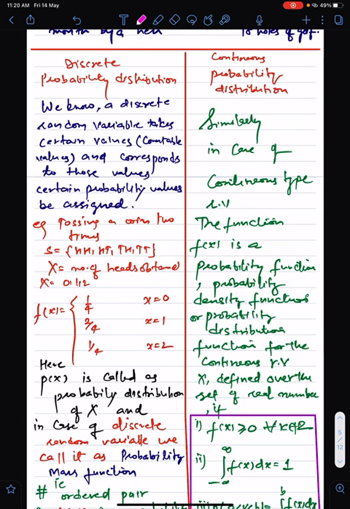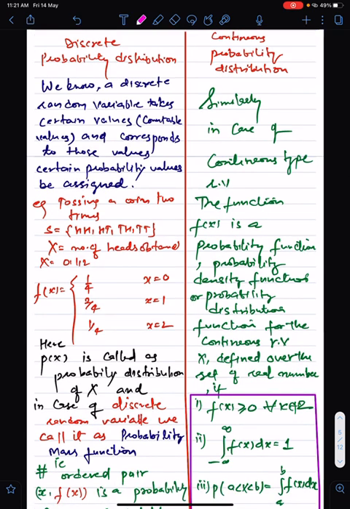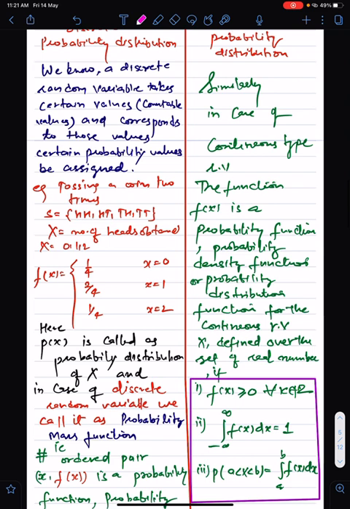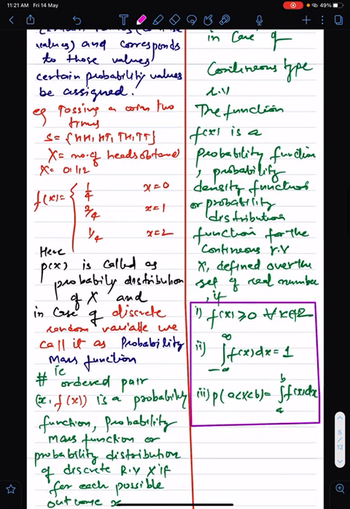We know a discrete random variable takes countable values. That means we can count them, or you can put them in a 1-1 correspondence with the set of natural numbers. If that is possible, then you can call that set a countable set. For the values that your random variable takes, you get some probability values, as we have done in an earlier video. Corresponding to each value of the random variable you have a value of the probability. So let us see this with some examples.